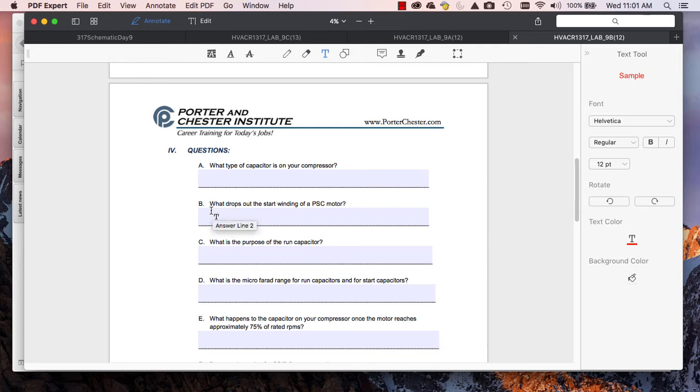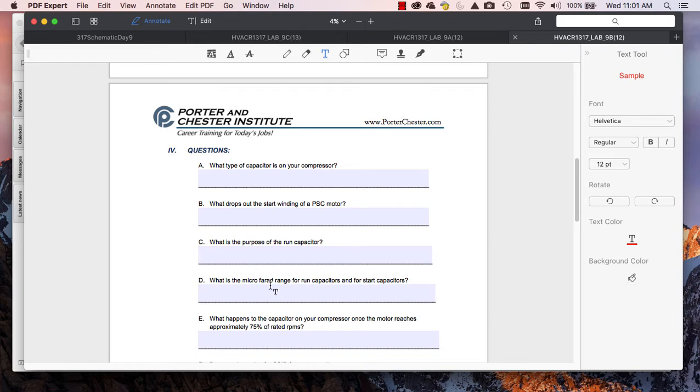Sort of a trick question here on B. What drops this out of the start winding on a PSC motor? PSC motor, the start winding stays in the circuit. Permanent split capacitor, that uses a run cap. What's the purpose of the run capacitor? It changes the phase of the current a little bit that's hitting the start winding. So it makes the AC current a little bit out of phase, and therefore it adds to the running efficiency